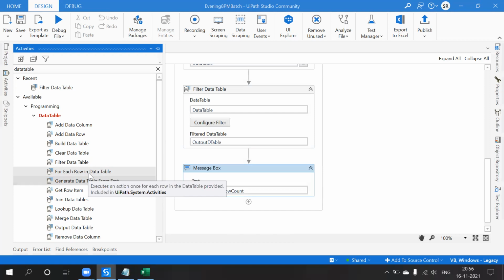For each row can be used only for collections, not for the data table. So when I use for each row in data table, we can use it whenever you want to fetch the data from the data table.